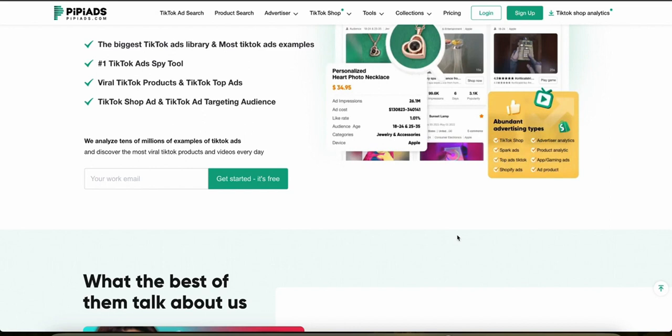As far as supplier database goes, Pipiads does not include a supplier database. Once again, it's not really focused on the day-to-day management of a dropshipping business. It focuses on the advertising side of it, so it provides insights rather than the full spectrum of dropshipping operations. Users will need to source their own suppliers or use another tool in conjunction with Pipiads if you want to